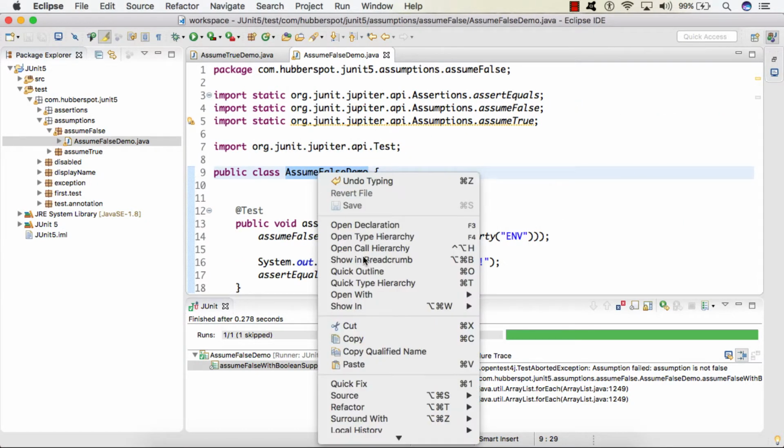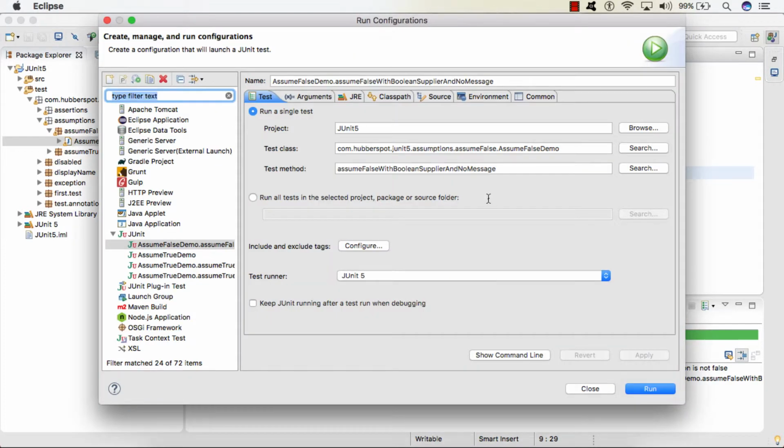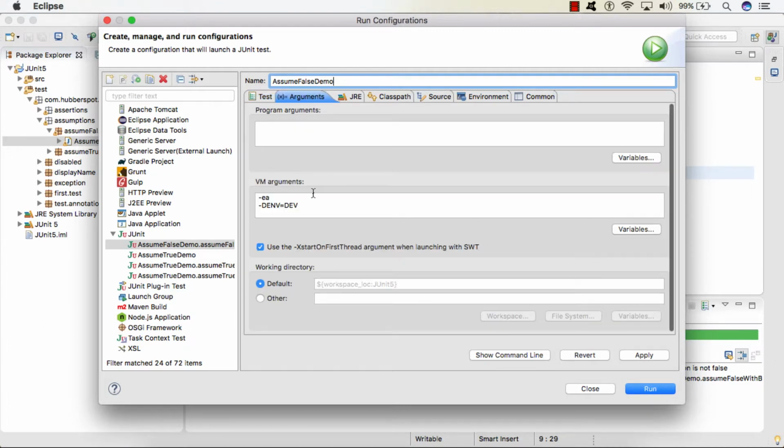Now I will run all the test cases by removing this field as test method, because then it will take all methods, and here I will be removing this argument. So now there is no system property by name env whose value is dev.